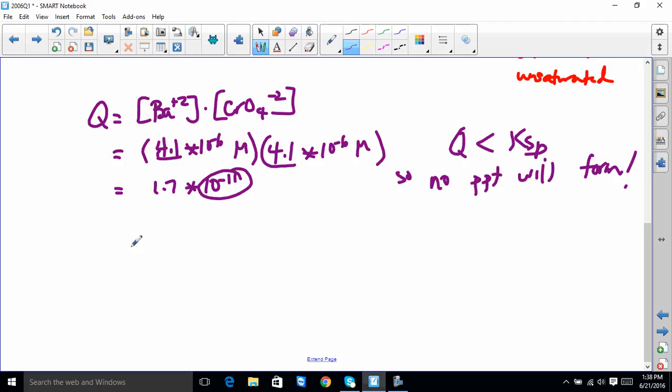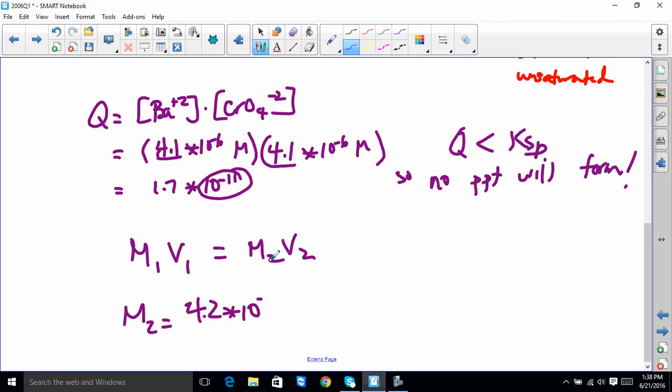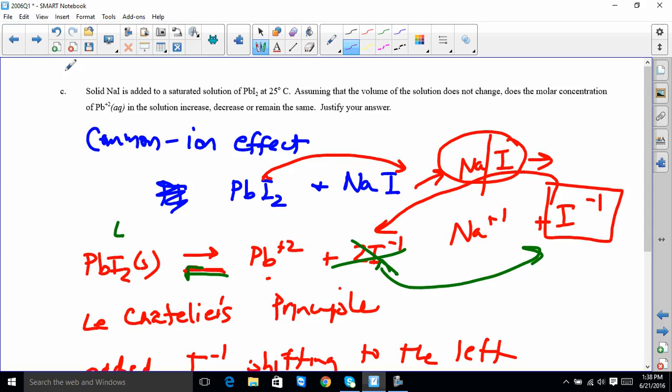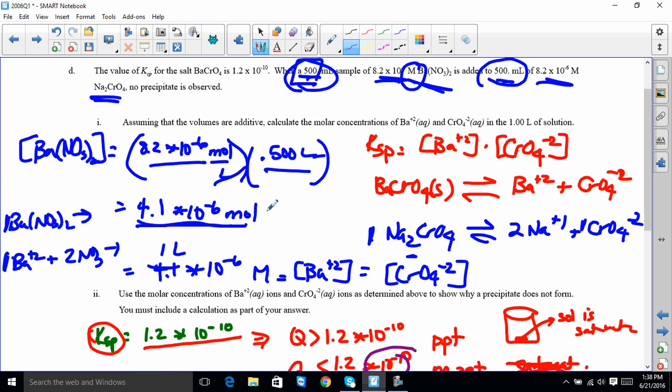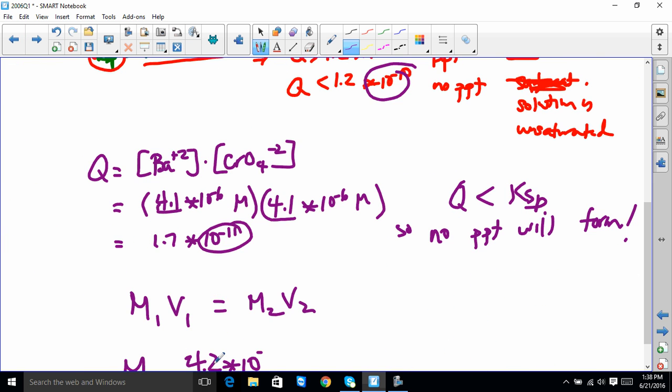So another way to do that problem is to use this equation, M1V1 equals M2V2. I'm going back up to part I. So the new molarity is the old molarity, which was 4.2 times 10 to the negative, now what was it? Sorry, I'm going to go back. Now I'm going to go forward. 8.2 times 10 to the negative 6. Okay, so then